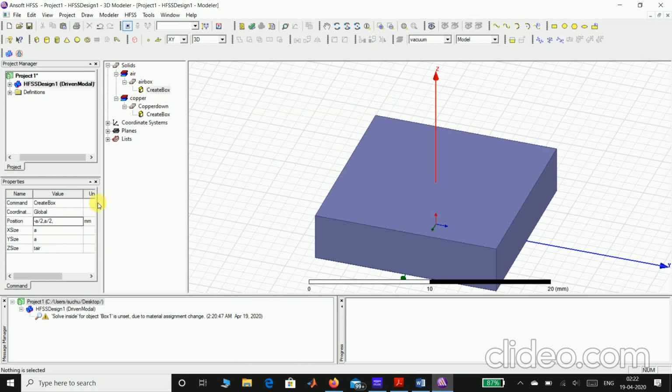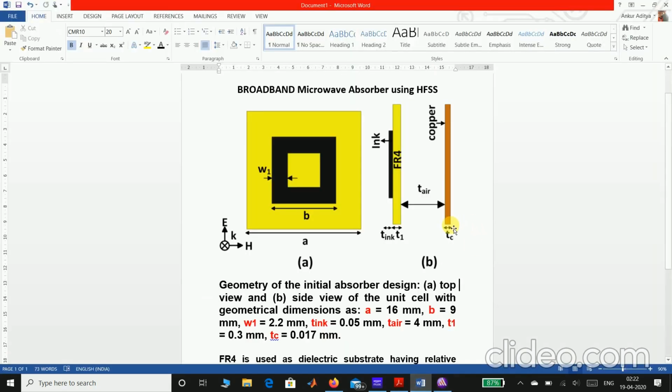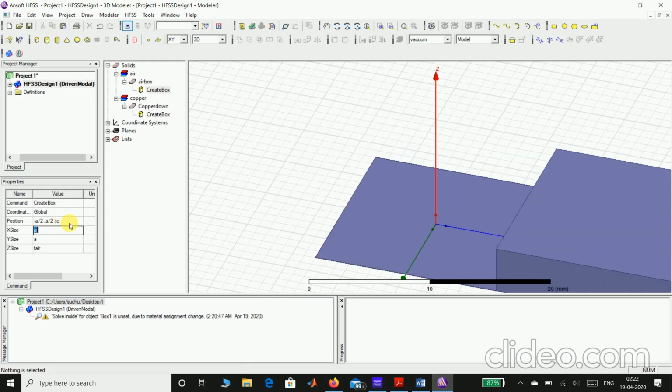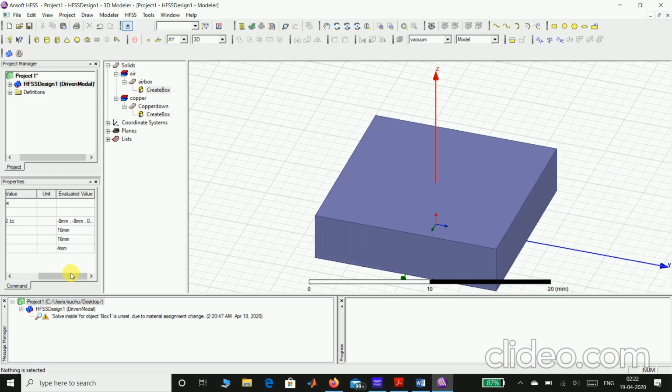Initially we have gone up to tc, like from 0 to tc I've already gone. So after tc I'm going again T air distance, which is the thickness of the air box. So I'll just write over here, it is after tc. So it is automatically assigned after tc. And okay, just a minute, it is minus a by 2, not a by 2. As I've already told you, we have to keep the x and y axis the same. Well, it has been assigned.